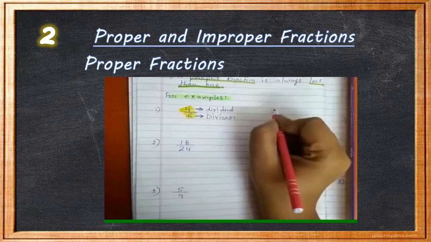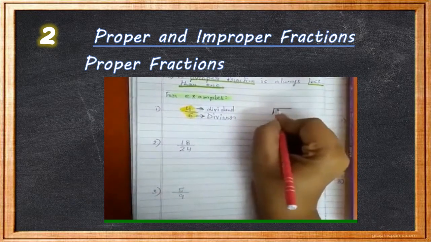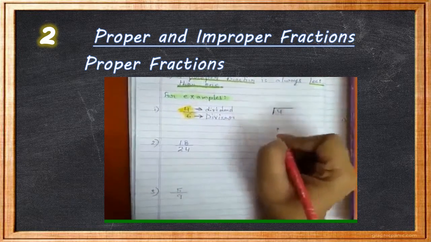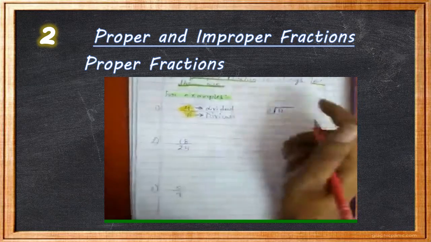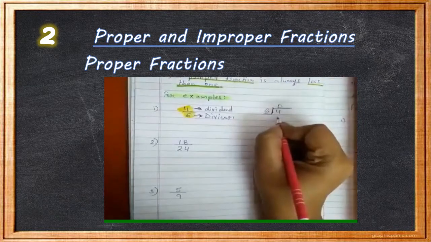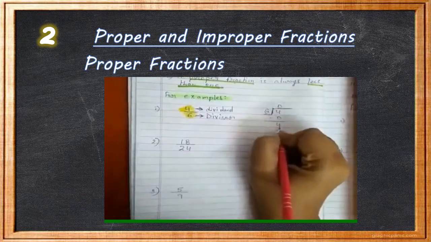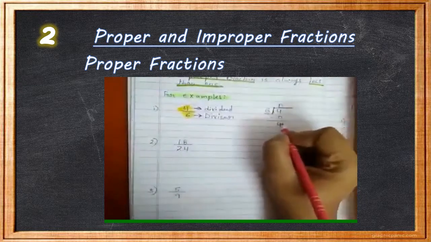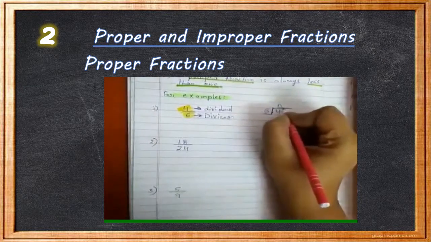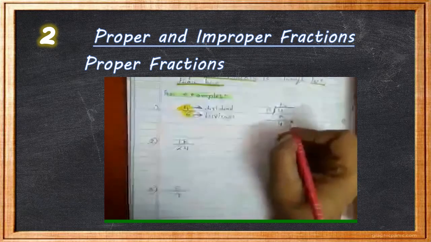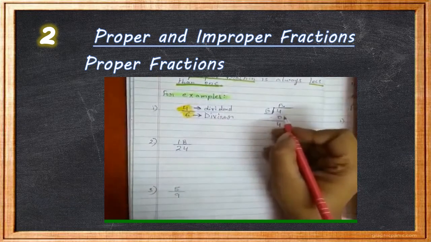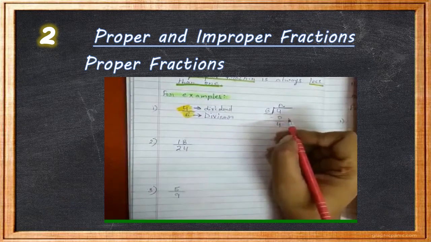So when we write in long division form, the dividend 4 will be inside and 6 will be outside, children. 6 is greater than 4, so I will take 0 here. 4 will be the remainder. And if I want to divide it, I have to put a decimal here, which we will do in the next lesson. I am just showing you how it is less than 1.